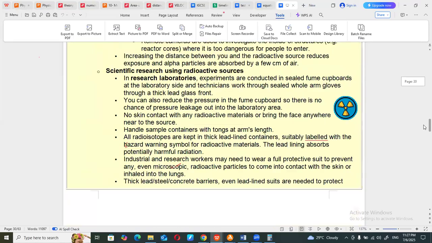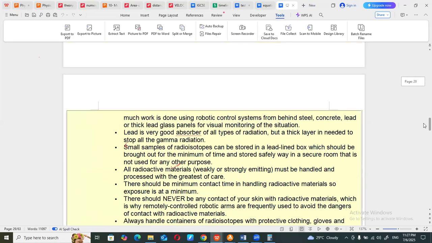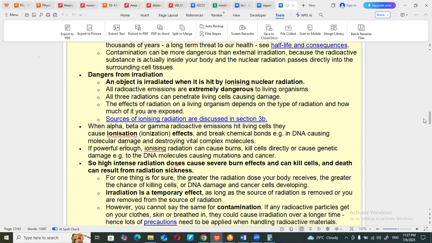So we have to discuss the dangers in everything. Plus, we will have to discuss the background radiation and all that topic, and how we actually extract that. That is a topic of our next video.